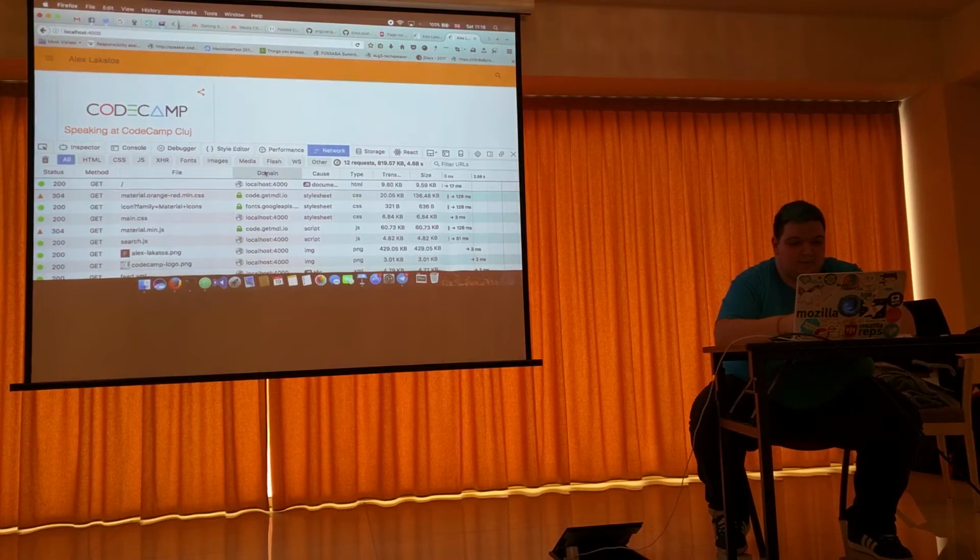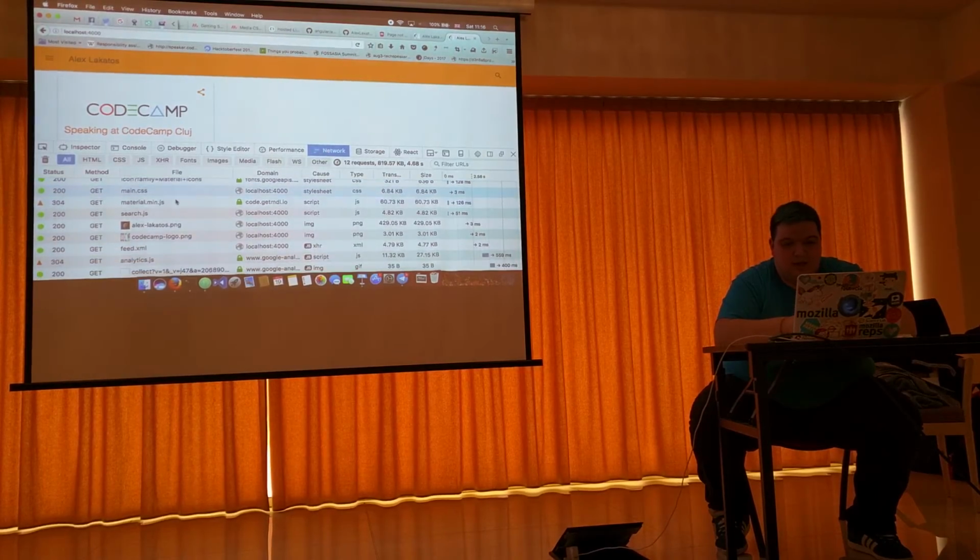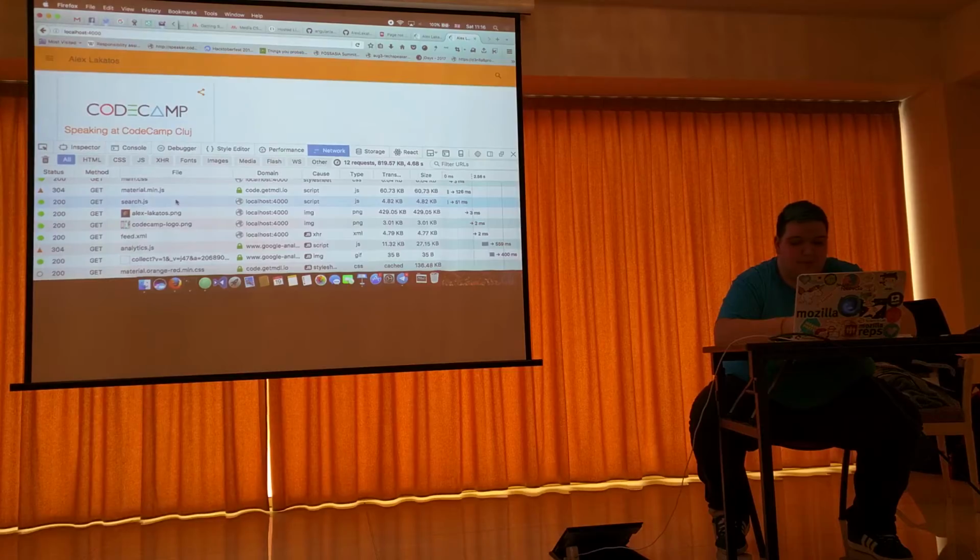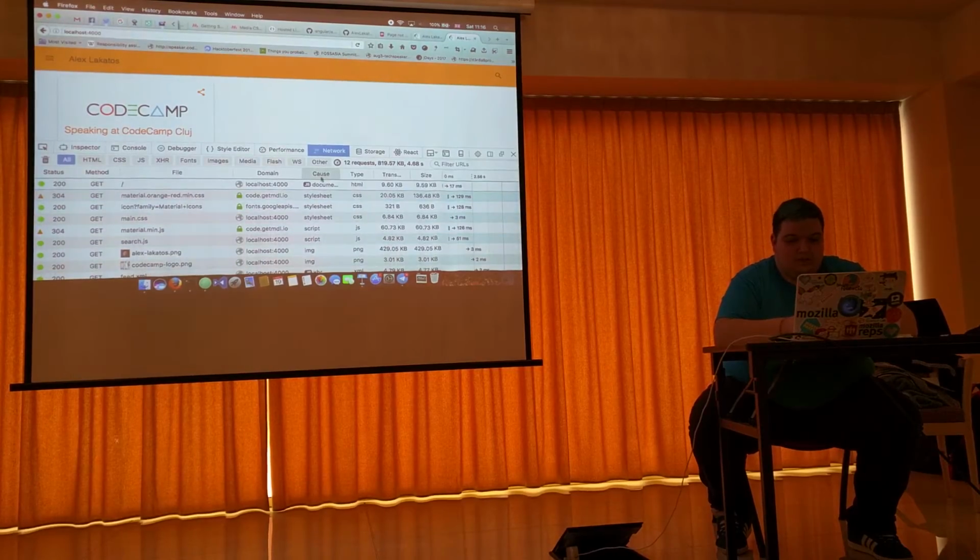Now we have this network panel in here which shows me every request my page made. What's cool about it is it's going to show me sizes of the stuff I downloaded. Like nowadays, a regular page is about 5 megabytes, and with the Romanian internet connection, don't get me wrong,